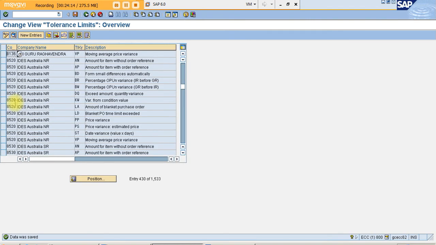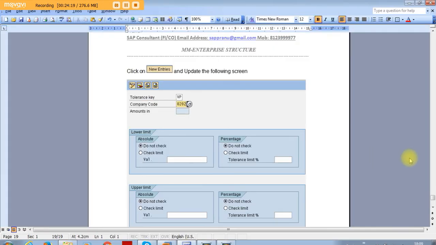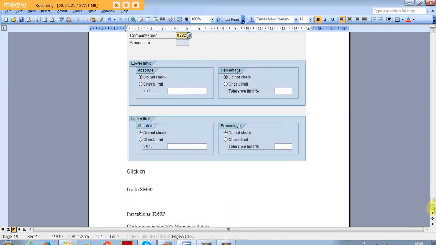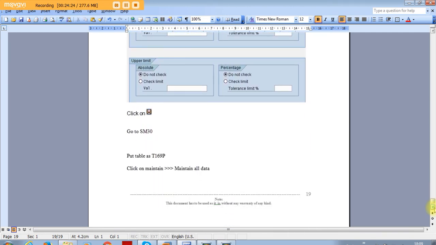In implementation, you have to ask your client and explain to the client what you mean by all these kinds of variances, and make him understand. Then you have to go for the configuration. This and all will take place in the steering committee meeting. First of all you have to gather the requirements properly. It takes time in real time. Then you have to segregate properly. Then you have to map it: what is there in SAP, what is not there in SAP, and whether you have to go for ABAP development. So many things will come into the picture. All those things you have to take care of.